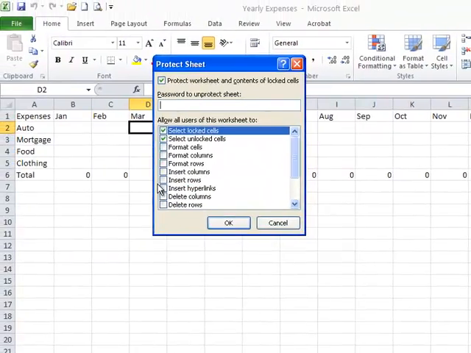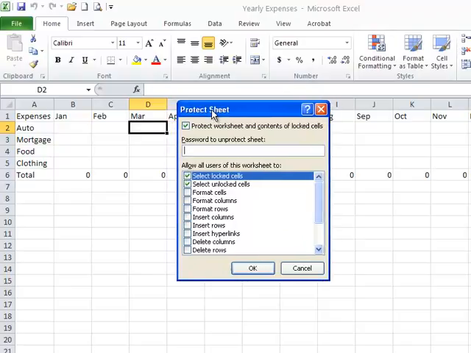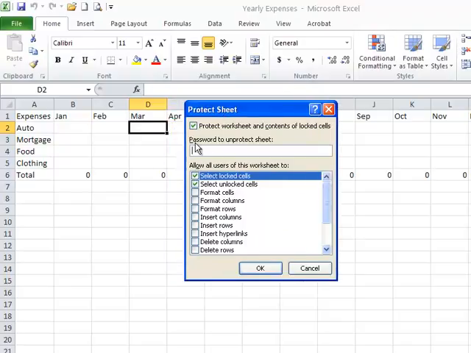When I do that, you'll see that it takes me to the Protect Sheet dialog box, and it asks me for a password to unprotect. It doesn't say password to protect. It says password to unprotect. And you'll see why in just a few minutes, why it means unprotect here. I'll type in a password,